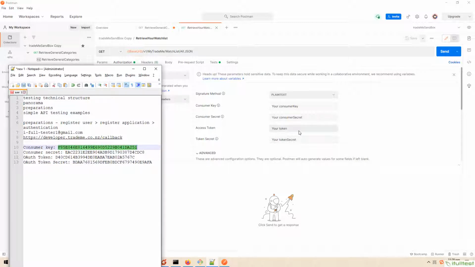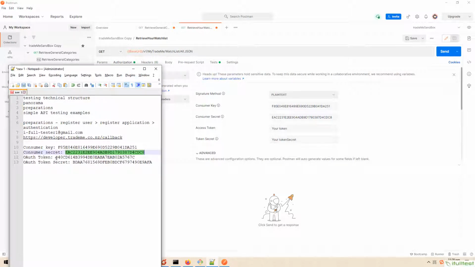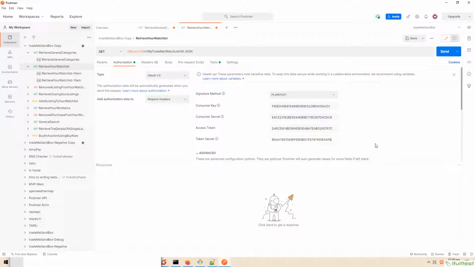Fill in the consumer key, consumer secret, then OAuth token. After that, token secret. See, we have already filled in the authentication information.